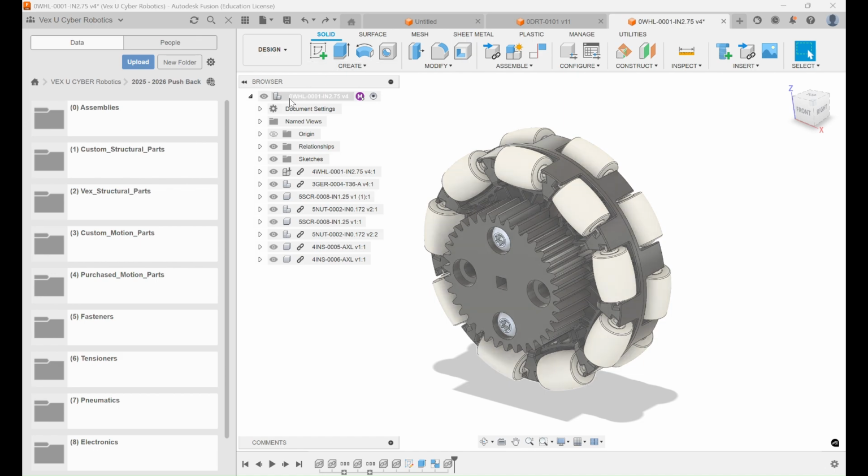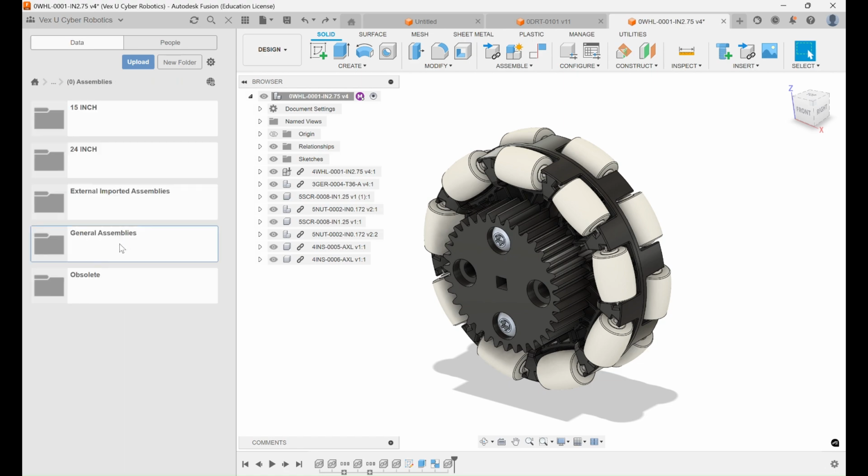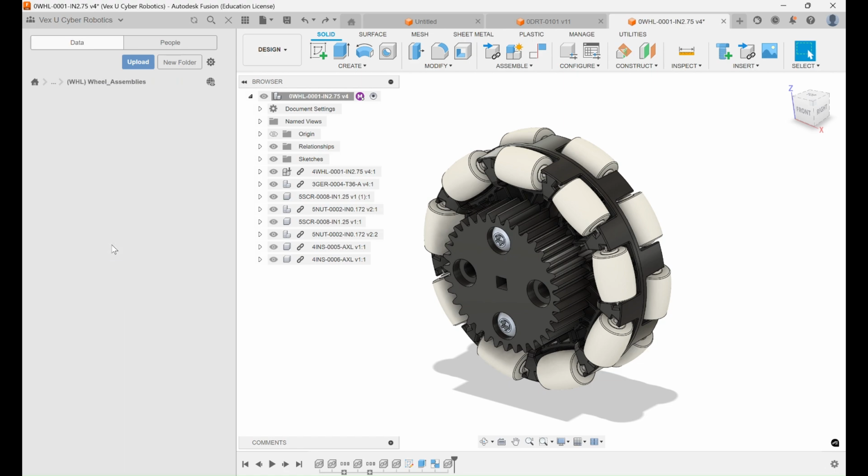So here we have 0 WHL-0001-IN 2.75, or you could read that as 0 wheel 01 2.75 inches. So basically it's saying that this is an assembly, so 0 WHL, so it's a wheel assembly,